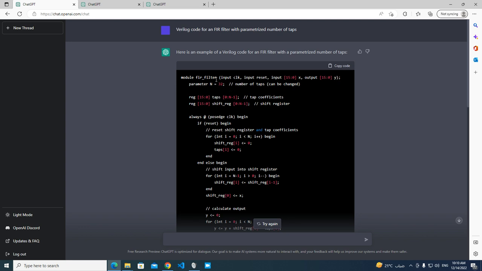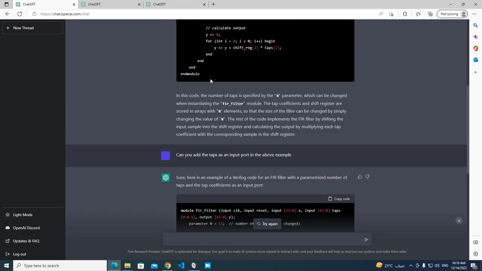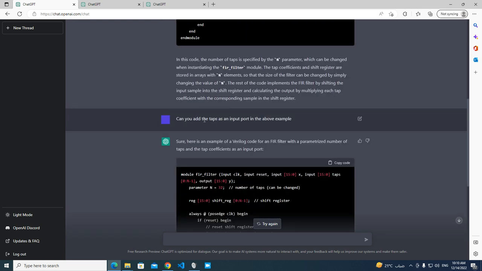So if you don't know how to construct an FIR filter, you may go to GitHub, you may search the internet, or you can ask it from here. It can design it for you, and you can specialize it. So I asked it, can you add the taps or the coefficients as an input port?